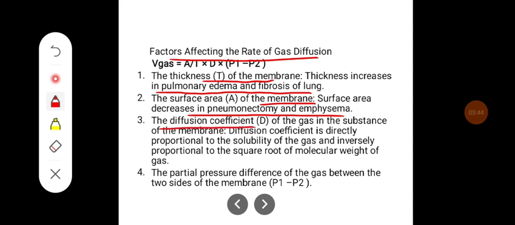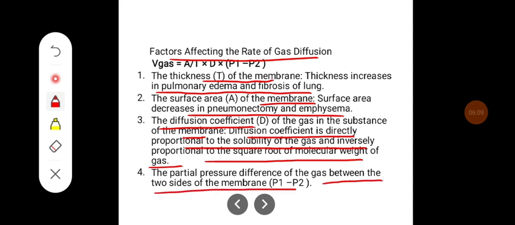D is the diffusion coefficient of the gas in the substance of the membrane. The diffusion coefficient is directly proportional to the solubility of the gas and inversely proportional to the square root of the molecular weight of the gas. Then the partial pressure difference between the gases on the two sides is P1 minus